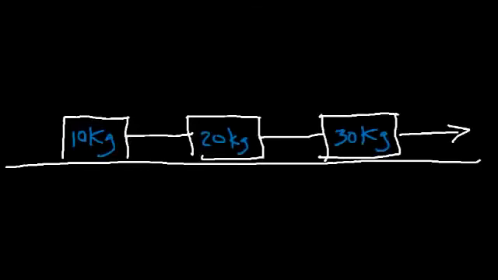This time, let's say there are 3 blocks. Let's say the mass of the first block is 30 kilograms, the second block is 20, and the last one is 10. And the force that pulls all of them together, let's say it's a force of 180 newtons. Calculate the tension force